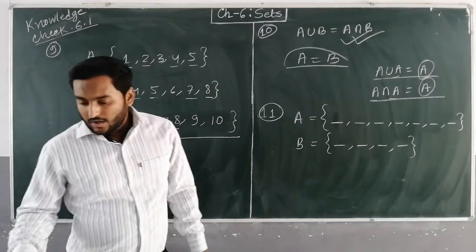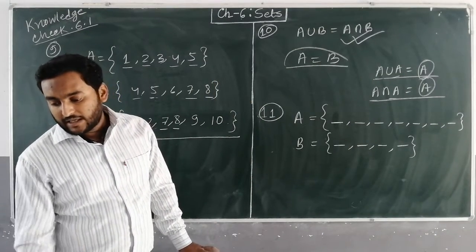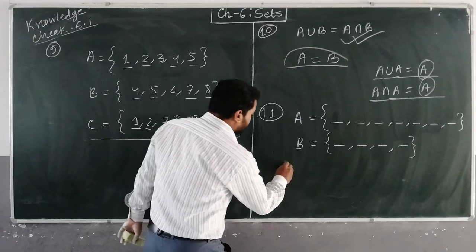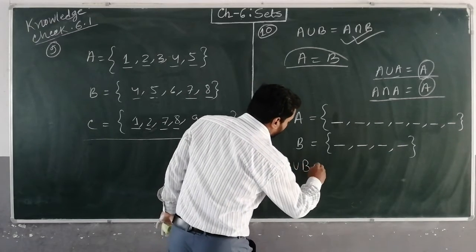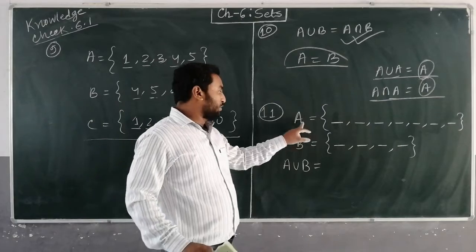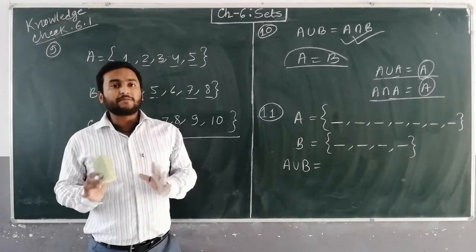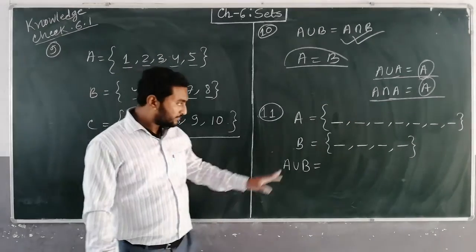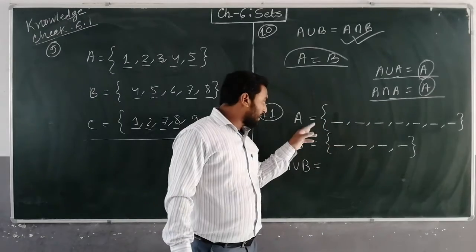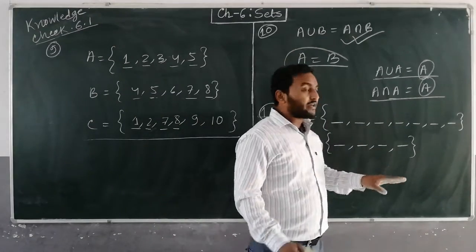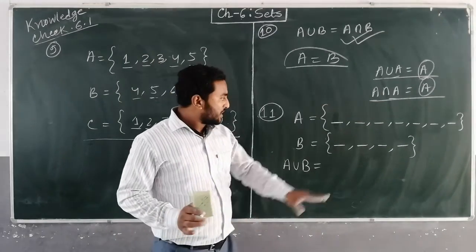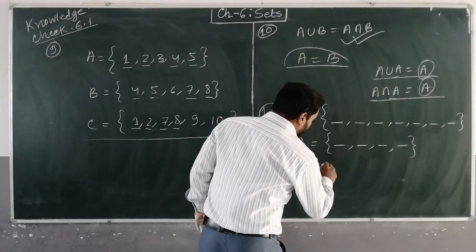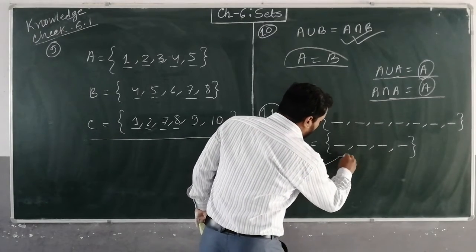Now it is asked to find the maximum and the minimum number of elements that A union B and A intersection B can have. So at first, for A union B, what will be the maximum possibility of elements and the minimum possibility of elements? If these two are disjoint sets, meaning no elements are common in these two sets, then A union B maximum